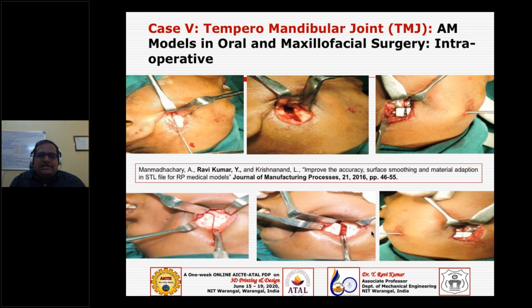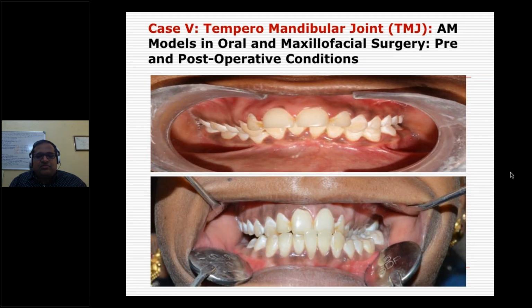So this is based on the calculations which we did, based on the biomodel derived from the patient specific data. So this is the first surgery. Here we can see the initial condition, and now this is after doing the distraction osteogenesis, this is the one where it got stretched.